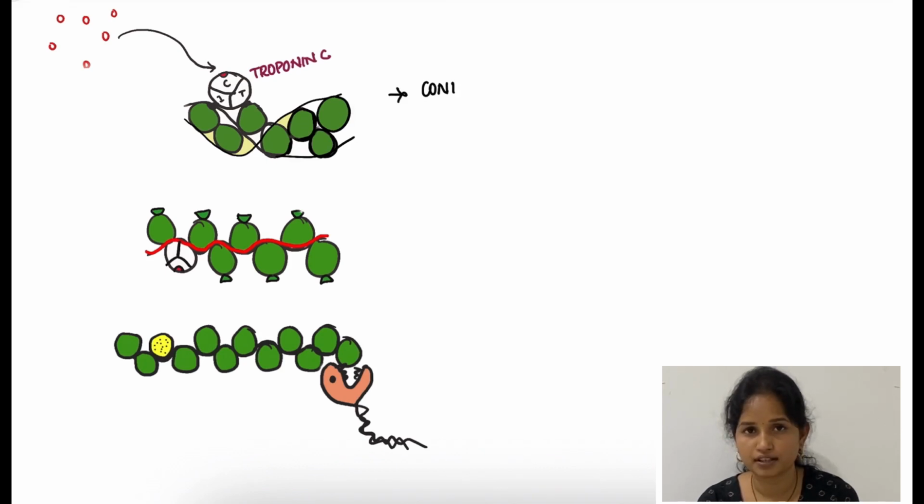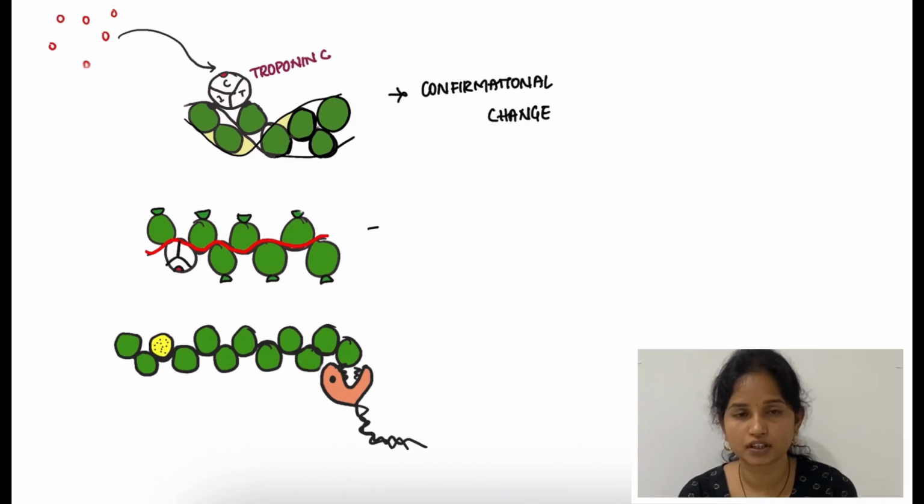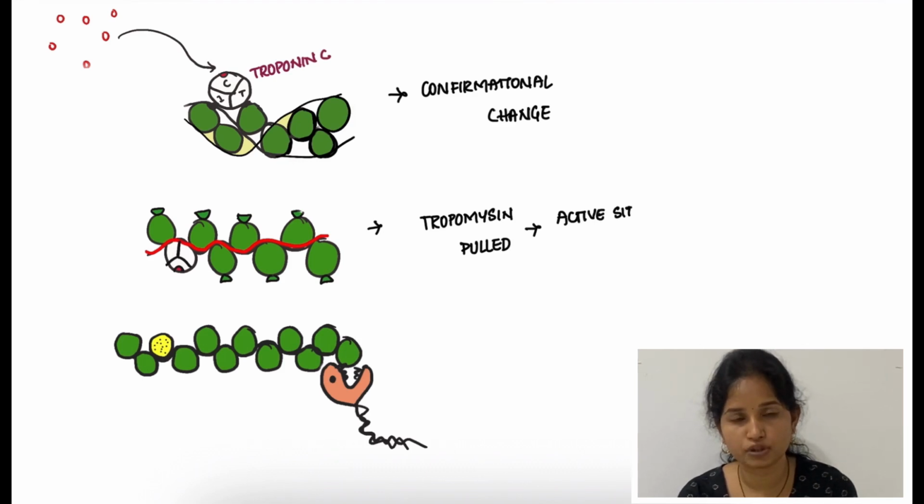The calcium is released from the sarcoplasmic reticulum and attaches to troponin C. When calcium binds to troponin C, conformational changes occur in the troponin, and the troponin T will pull the tropomyosin molecule from the active sites into the groove. Now the active sites on the actin are exposed.